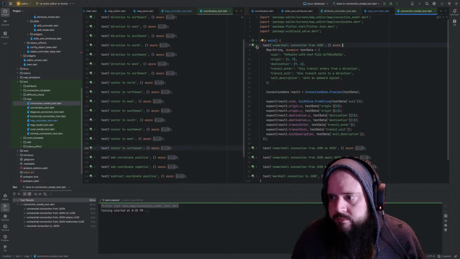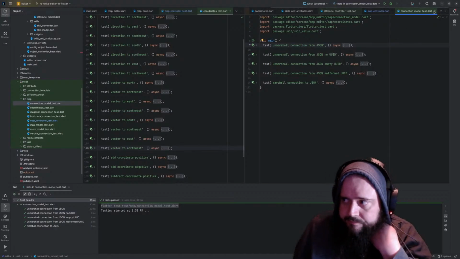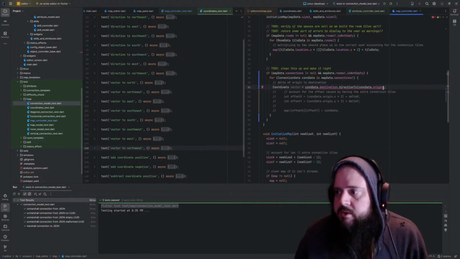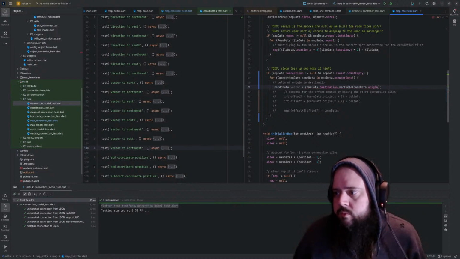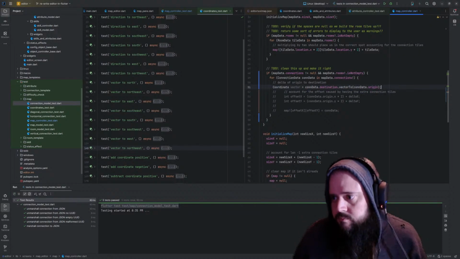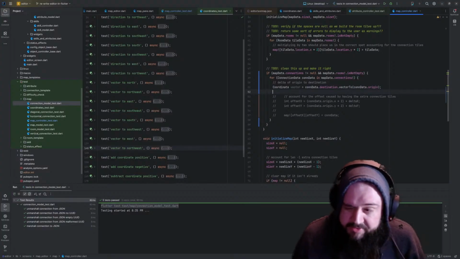No. Oh, because we did the X and the Y. Okay, we didn't use any direction 2s in there. Okay. Vector 2. So we have that, and then we can say,